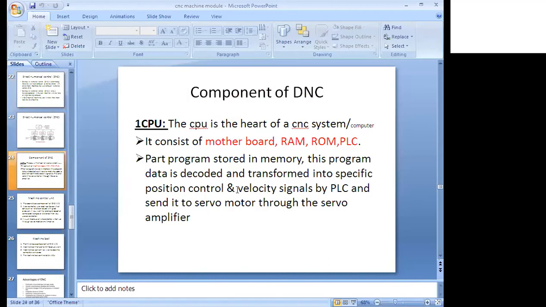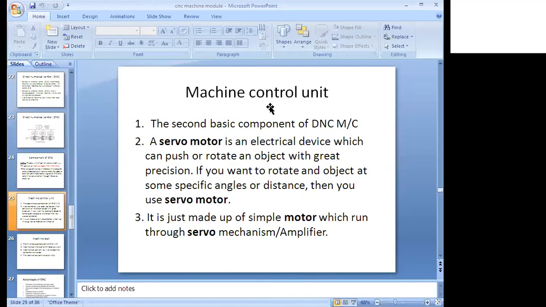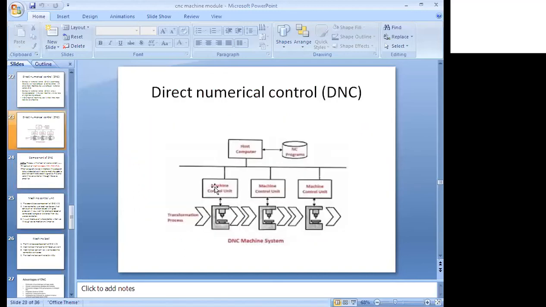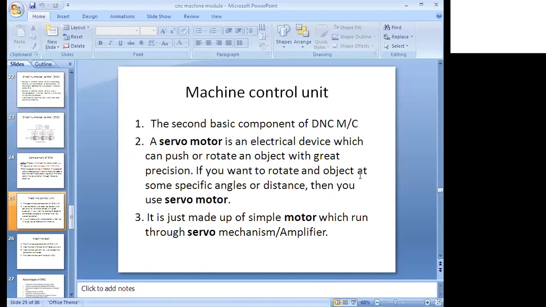Okay, so this is the second component: the machine control unit. You can see it here. This is a very important component. The machine control unit shows 1, 2, 3, because three tools are there: one machine, second machine, third machine. Actually, whatever component we are converting from raw to finished product, it happens here only. Before that, the machine control unit will be there. I will explain how the machine control unit's role works.